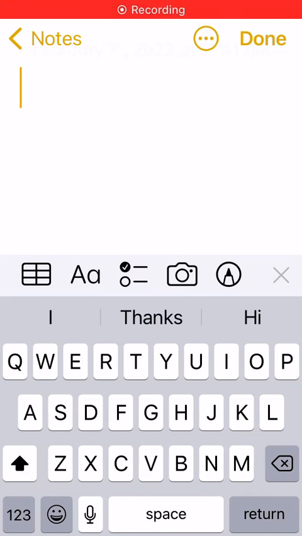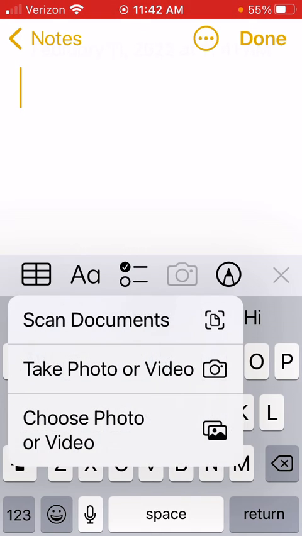Okay, so I'm going to show you how to annotate on images in Notes. I'm doing it on my phone because I can use my finger, and without a pencil, it doesn't work on the iPad. So let's say the first thing you do in a new note is you press the camera icon and you